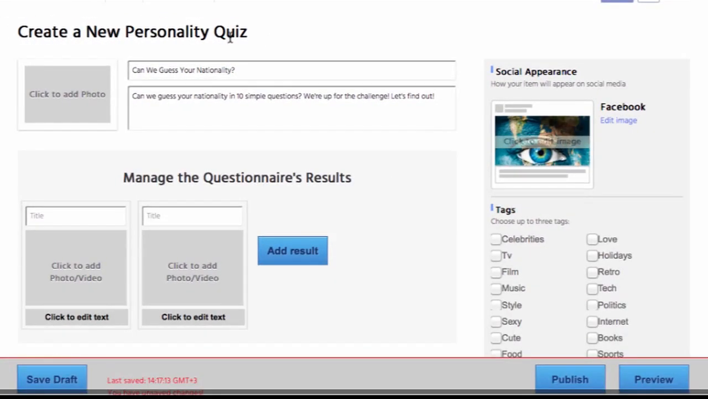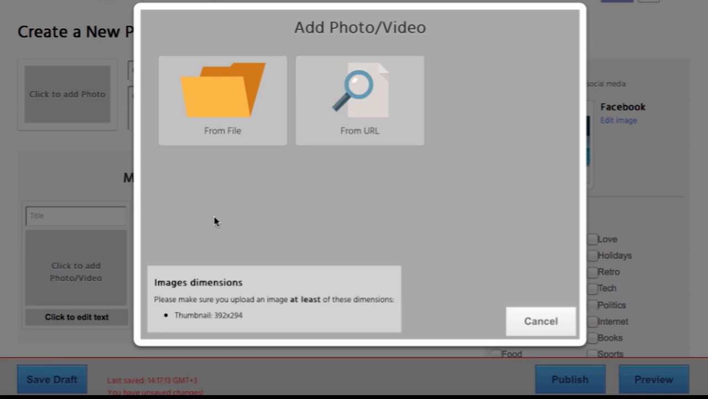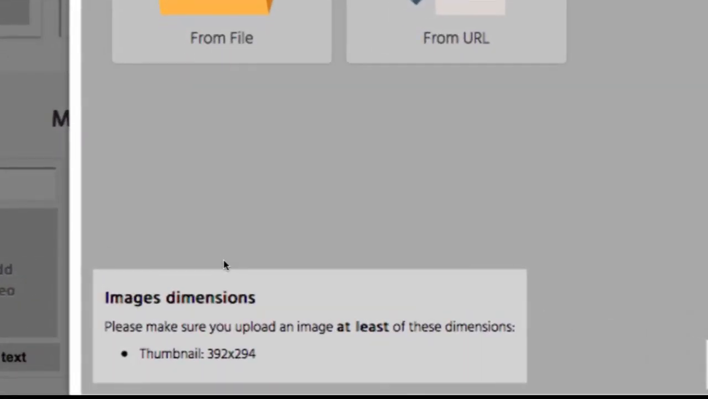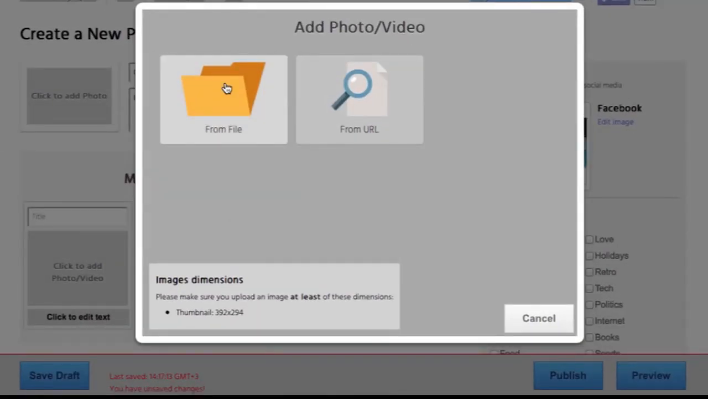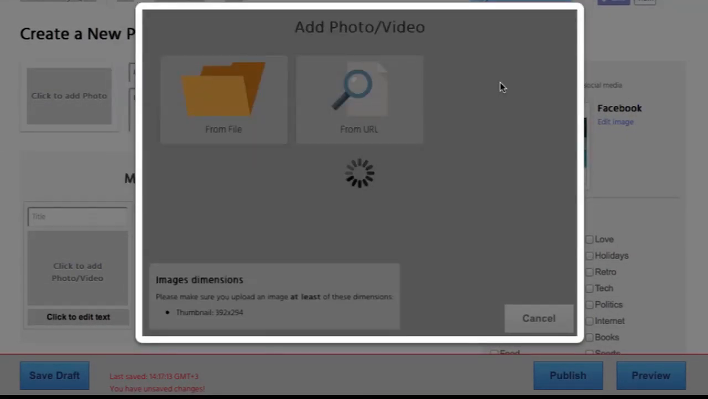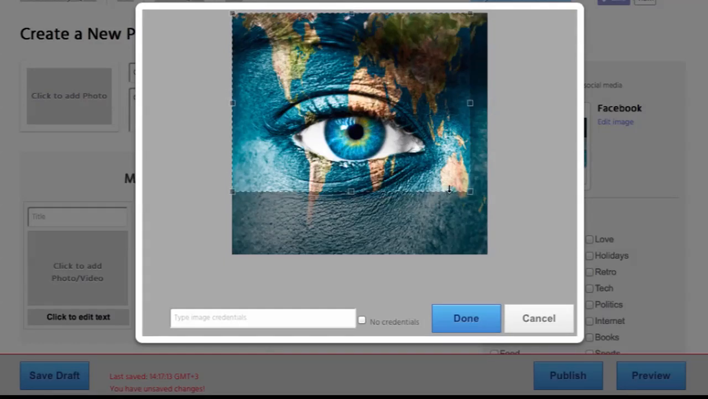Once you've written your description, you're now going to choose a photo to be the main image of your quiz. Click on Click to add photo. You can upload a photo from your own personal computer by clicking on From File, or by using a link to your image by clicking on From URL. Now pay attention to the bottom left-hand corner to the image's dimensions. The photo needs to be at least 392 pixels by 294. If it's any bigger, you'll always be able to crop it, but if it's any smaller, you won't be able to use it. Today we're going to upload a file from our computer, and here you can crop the photo,